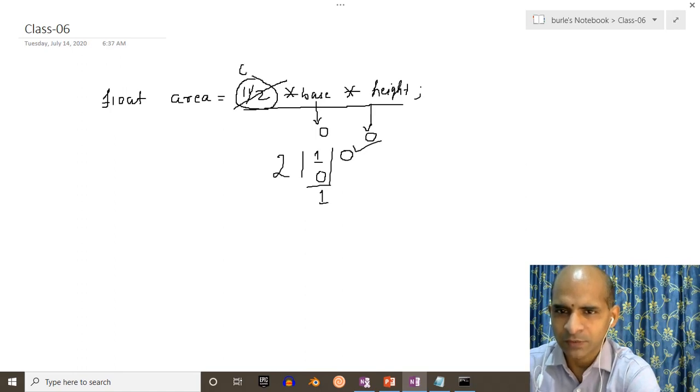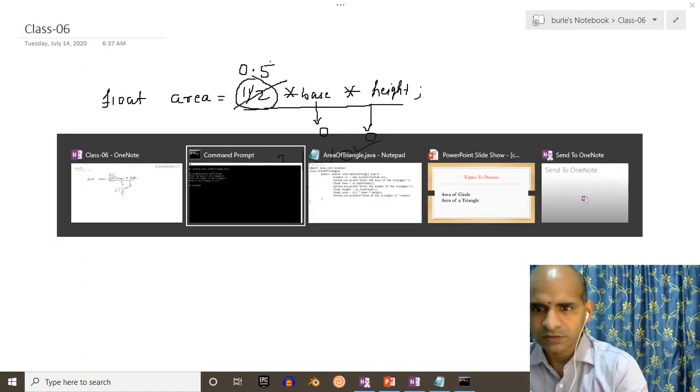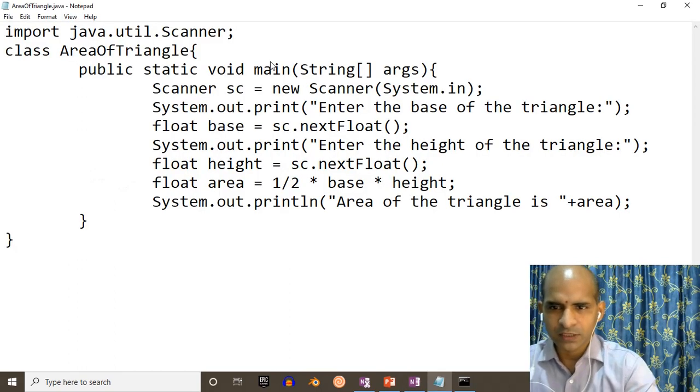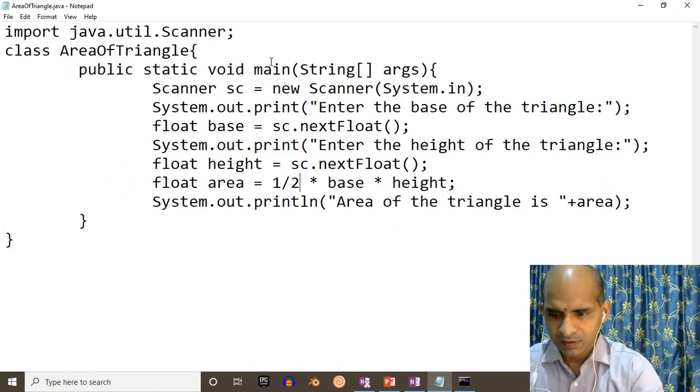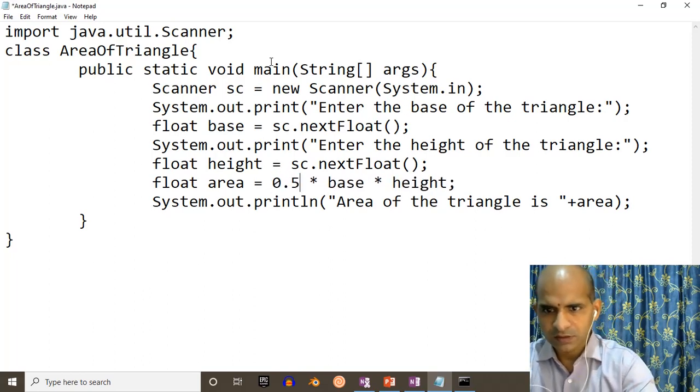So for that you have to make this one as 0.5. You have to make that one as 0.5 to get the correct result. Control S, save.